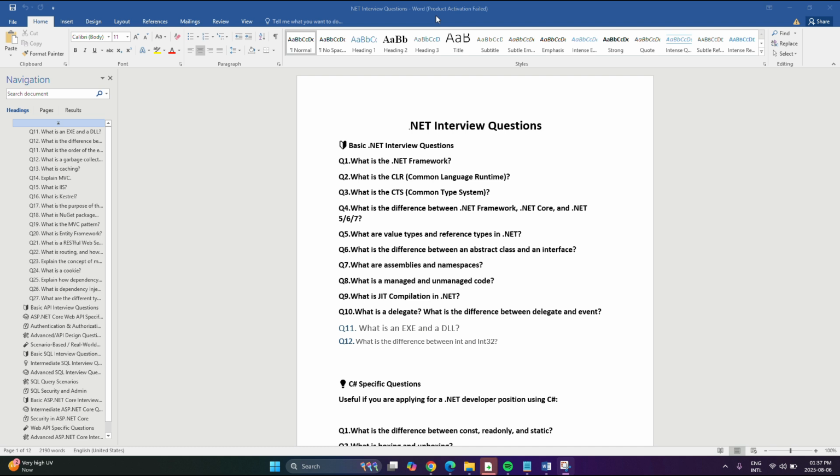आज हम देखेंगे डॉट नेट इंटरव्यू क्वेश्चन जो इंटरव्यूअर द्वारा पूछे जाते हैं। ठीक है, तो बेसिक क्वेश्चन पहले देखते हैं, इंटरव्यूअर क्या क्वेश्चन लेते हैं। तो पहला क्वेश्चन है, What is the .NET framework, what is the Common Language Runtime,